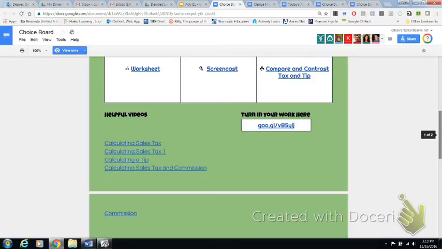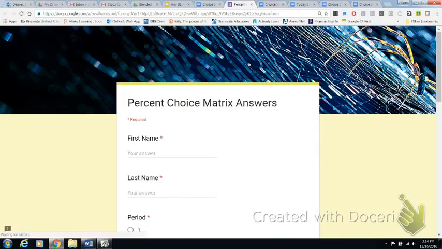Then, right over there where it says turn in work here, what that does, it's just a Google form. And what they would do is they would take the link to their 3 things that they did and put it on the Google link here, the Google form. And so on this one,